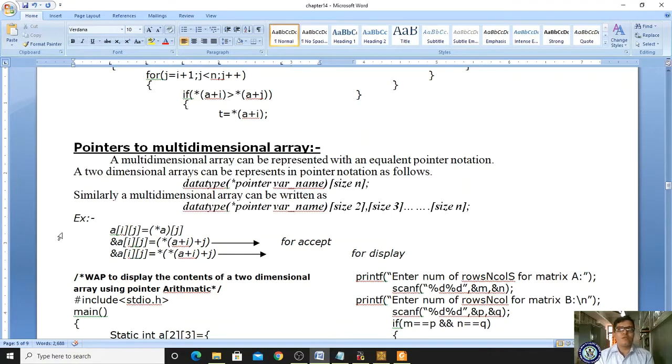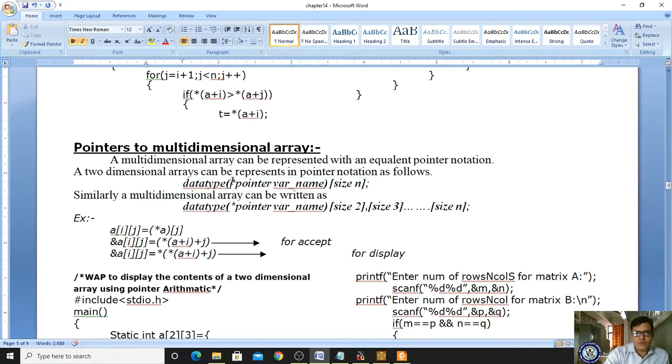If it consists of two square brackets, then the first square bracket represents rows and the second square bracket represents columns, right? A two-dimensional array can be represented in pointer notation. Then how to represent a two-dimensional array in pointer notation? So this is the syntax, please observe here.